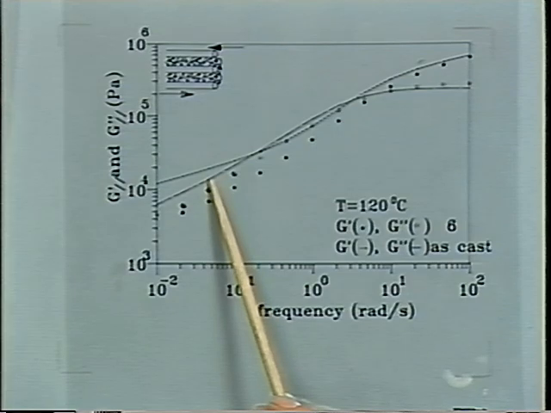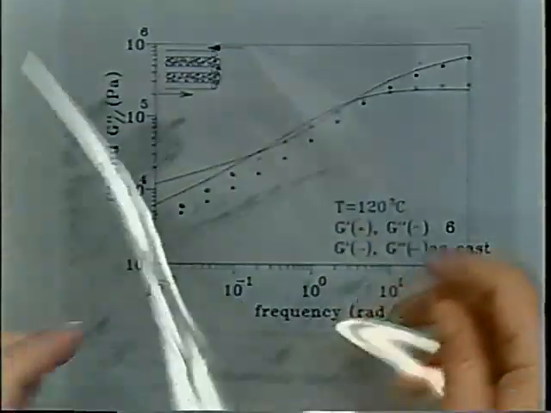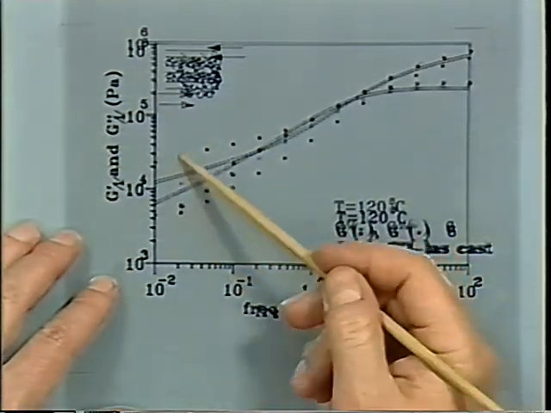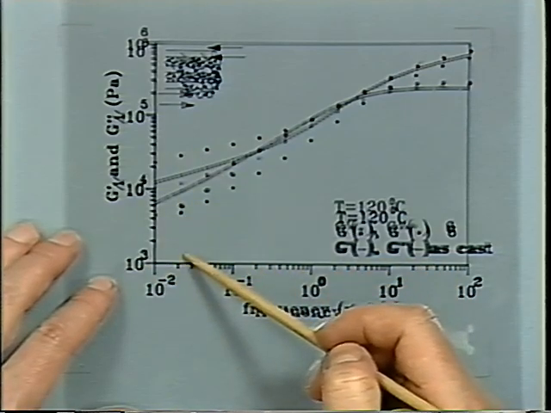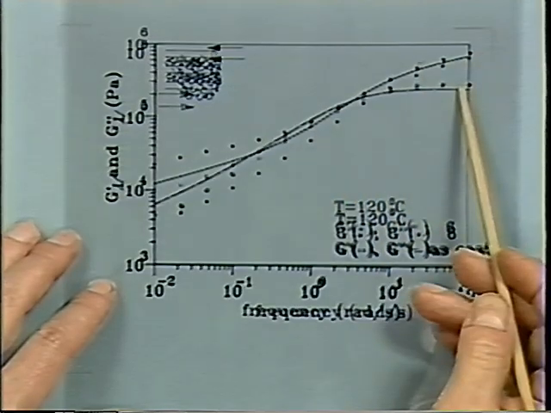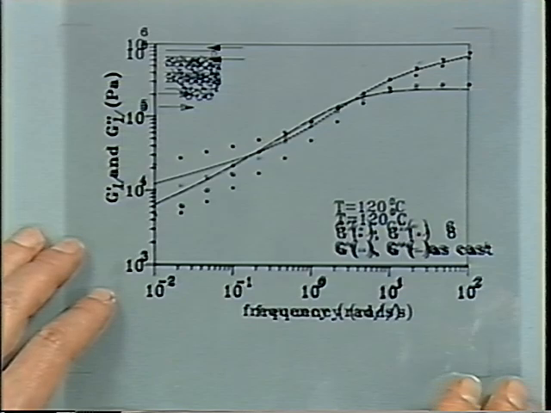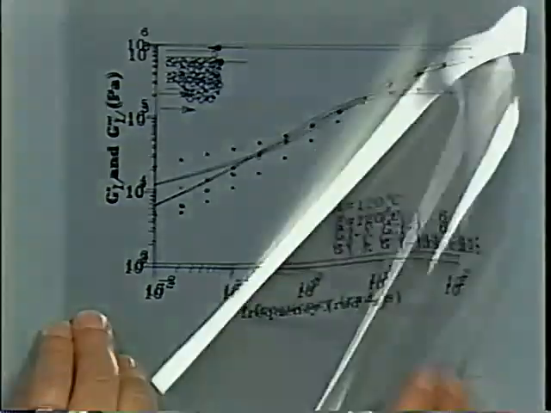This is just one sample where the moduli are direction dependent, and if you put those on top of each other, you find that the difference between the moduli is nearly an order of magnitude at low frequencies. At high frequencies, there's practically no effect, but at low frequencies, the difference between those two is quite significant. So it's a large effect, and this already tells us something about what to expect from